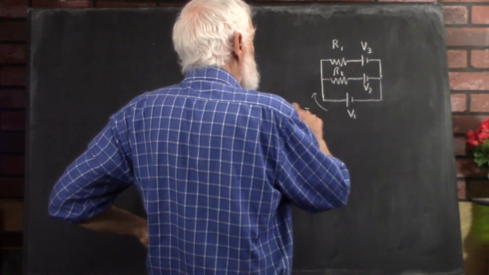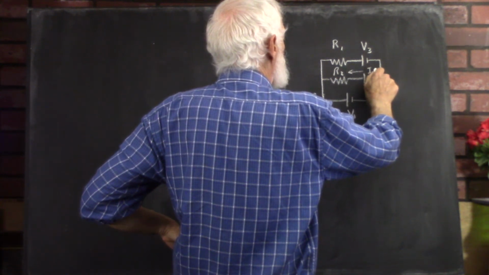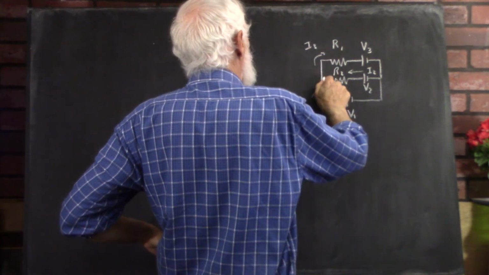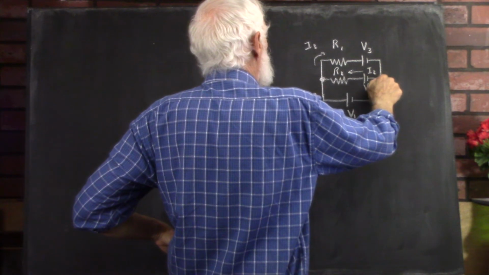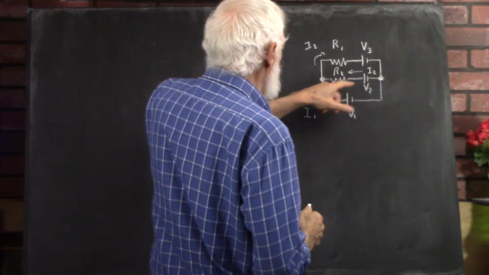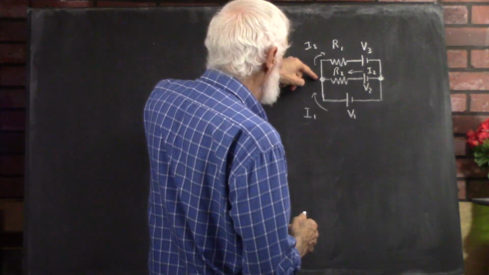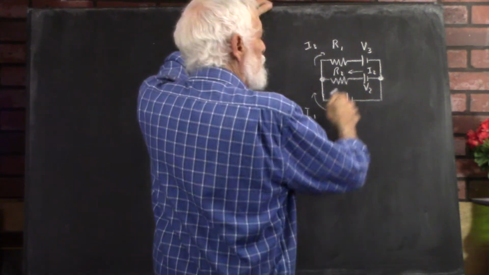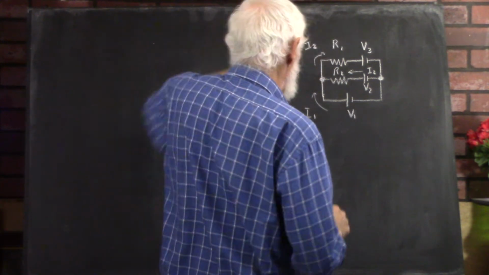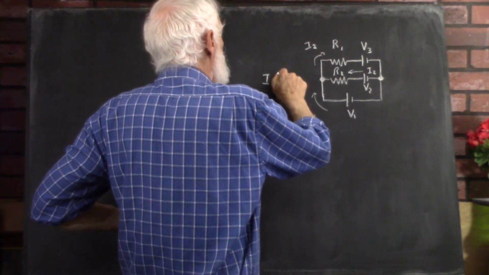So you have a current that goes here. You have a current that goes here. We'll call this I2, and we'll have a current I3 here. And we'll put a big circle right here because this is called a node. As a result, you have current I1 and I2 flowing into this node, and current I3 flowing out of this node. So at this node we see that I1 and I2 flow in,